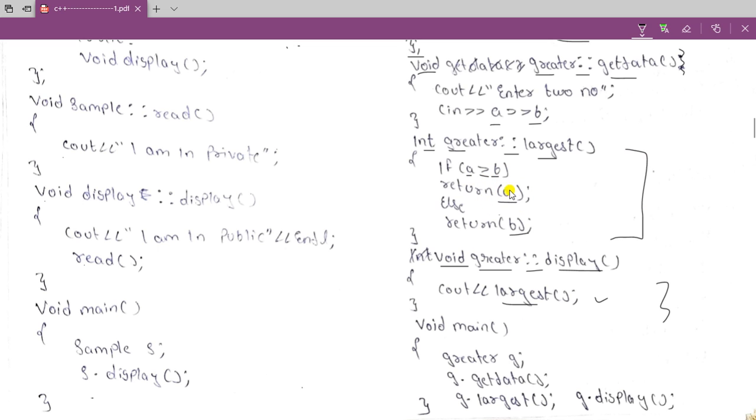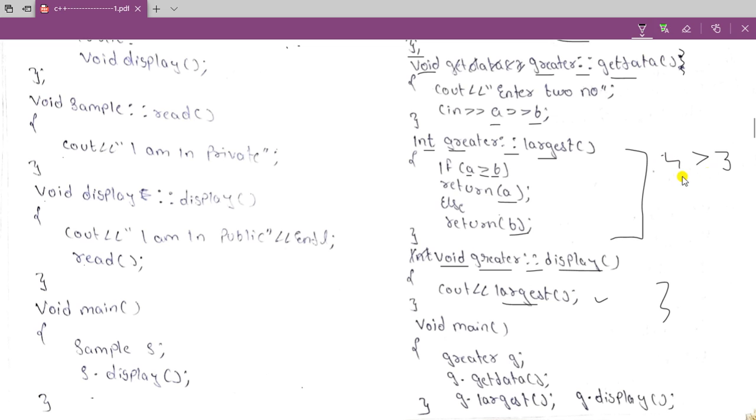In the largest function, the value will be returned, whatever value we entered. Suppose the a value is 4 and the b value is 3.